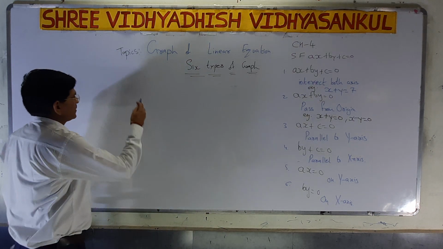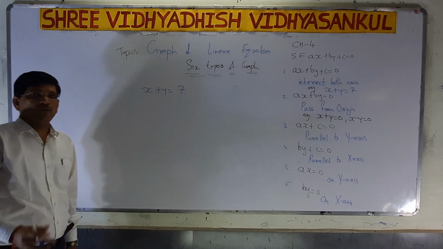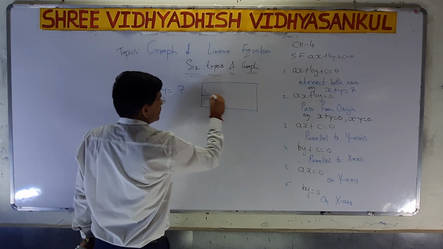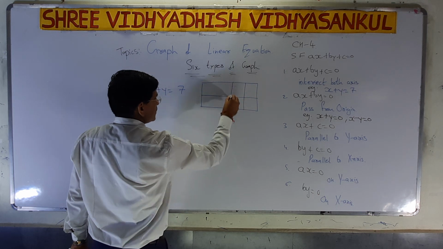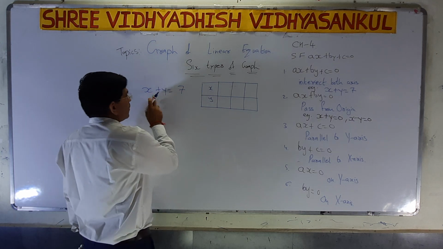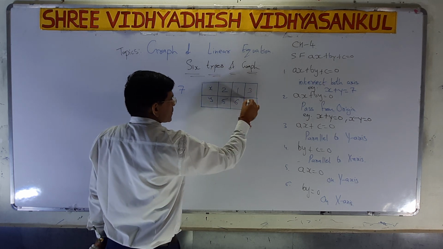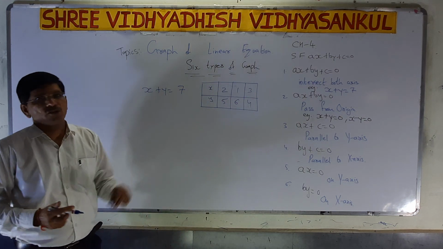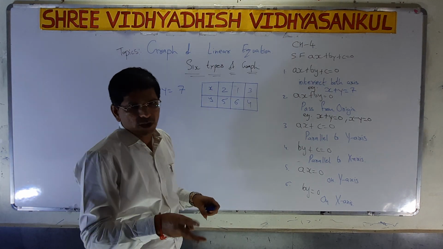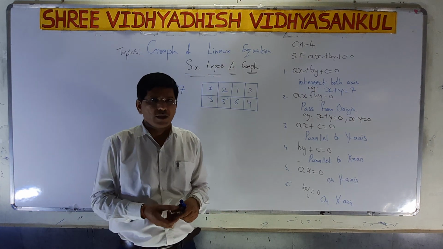If the equation x plus y is equal to 7 is given and we have to write 4 or 5 solutions, then I have to write like that. We have to write at least 3 solutions for a graph. The total must be 7. So 2 plus 5 is 7, 1 plus 6 is 7, 3 plus 4 is also 7. These are all the solutions. By using these solutions we can draw the graph. To draw the graph at least 3 values are required. Maybe it is possible to draw the graph with 2 values also.